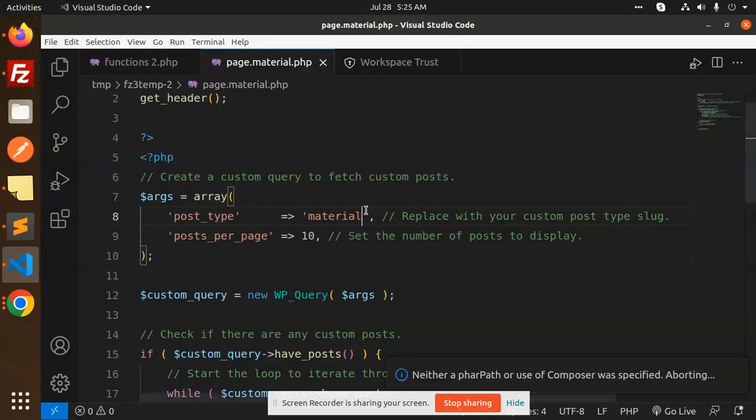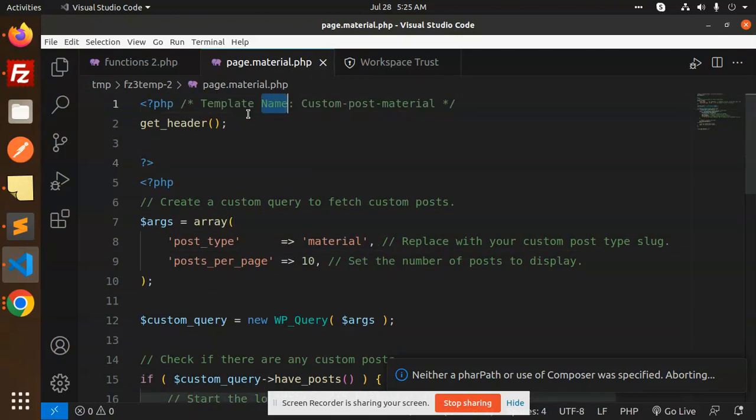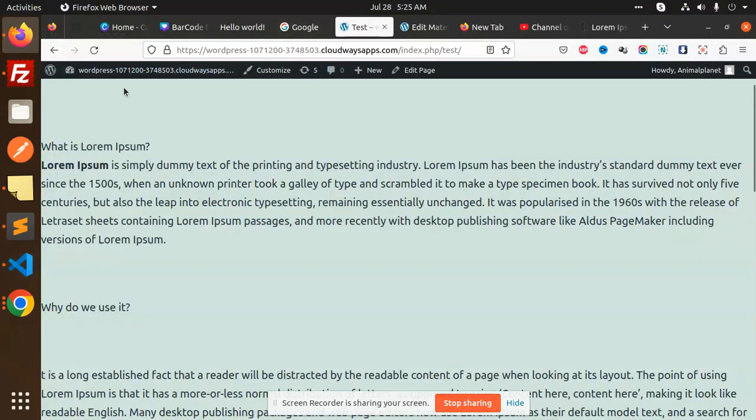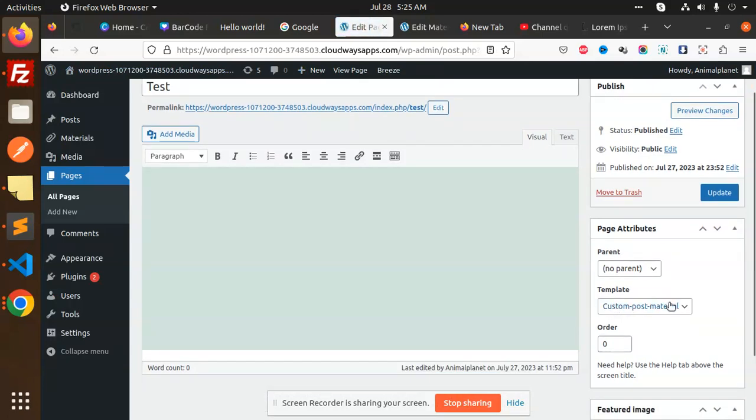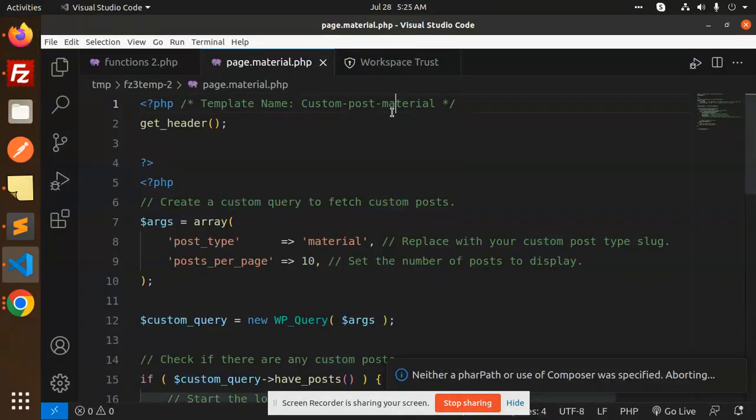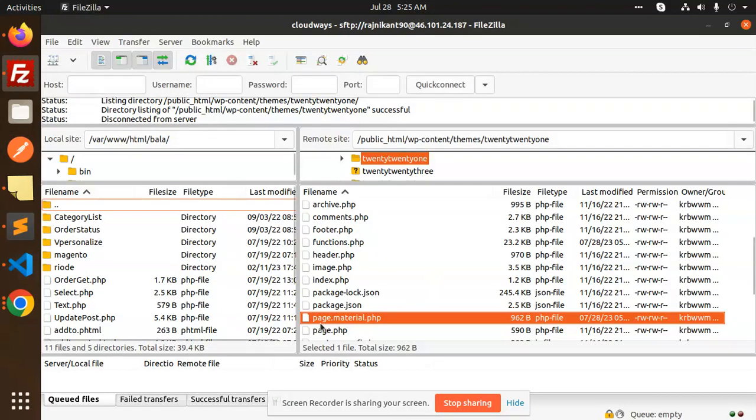Okay, so here we have the fetching of the custom post, right? Here we have created a template file with the name custom post material, and here you can see that when I click on go to the dashboard or edit page, we have a template file that's named custom post material. What we have to do is create a new file